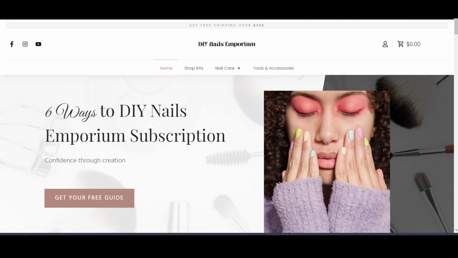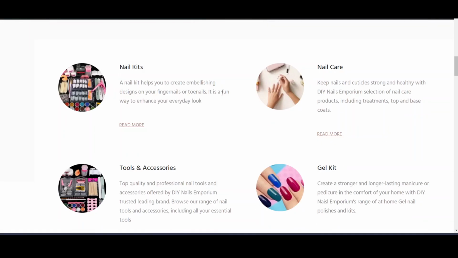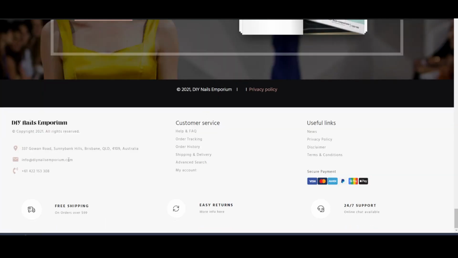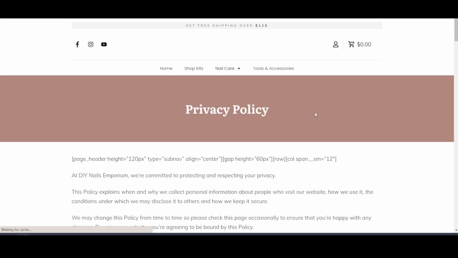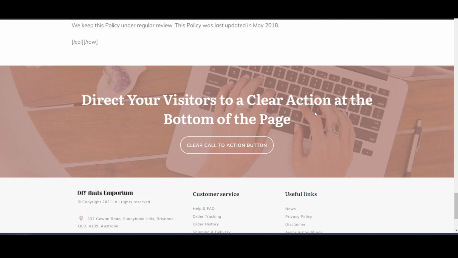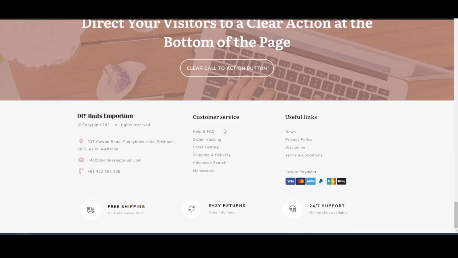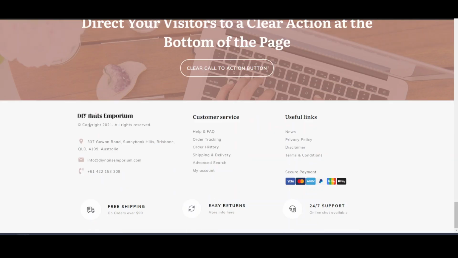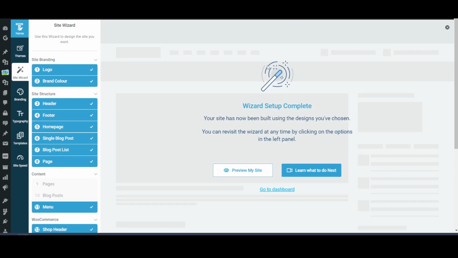So this is how you can initially do the setup for Thrive Themes, and thereby you can mold all the other pages. Now if you go to any of the internal pages, you will see that most of the things are sorted. The basic page designs are already created, so you don't need to do much, right? You can see here most of the things are already done. The header and footer are already done. You just need to make minor changes. For example, this particular button can be changed, the header, the call to action bar can be changed. So these small changes you can always do later, but the basic structure or basic skeleton of your website is done.